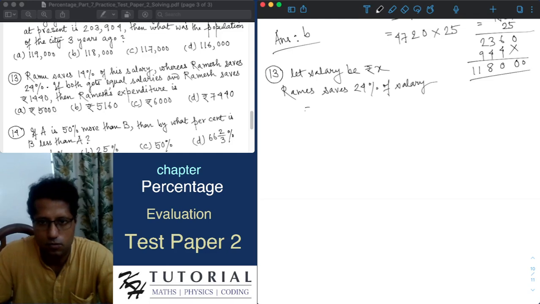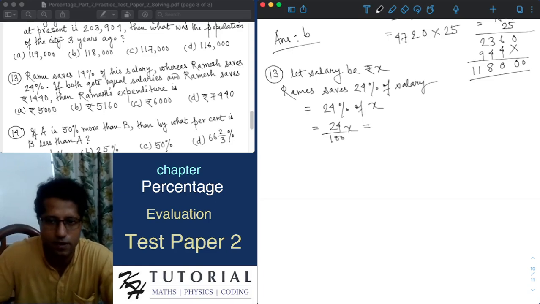This is equal to 25% of salary. Salary we have assumed to be X. Both the salaries are same. So 24% of salary means 24% of X. This is 24 divided by 100 into X. If we simplify it further, we have